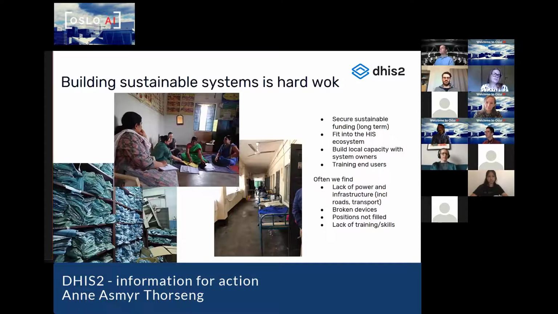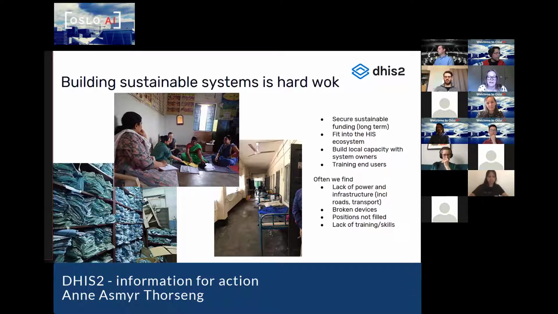And then I wanted to say a little bit about how building these sustainable systems over time is really, really hard work. I'm sure all of you work in IT, so you know that just getting the data in is a challenge. You can have as many fancy algorithms as you want on top, but just getting good quality data into the system is a big challenge in this setting. I put some pictures in here that I can explain. Very often when we travel to places, the picture to the left, stacks and stacks of paper, is what meets you when you go into a hospital. I think this is the medical records in a hospital in Sierra Leone, taken a few months back.